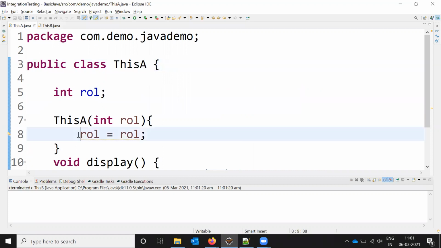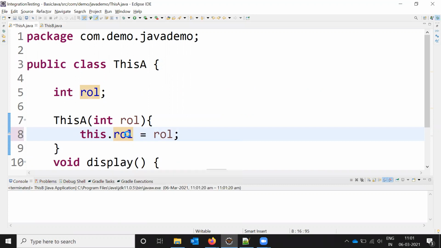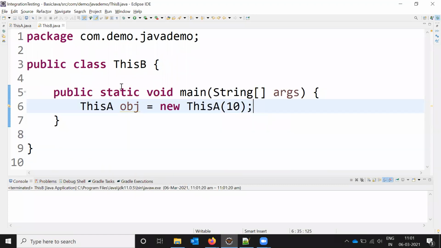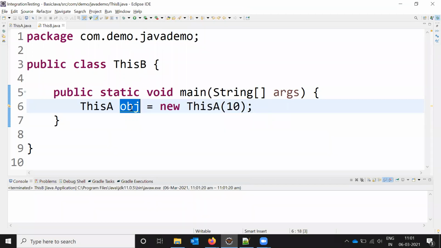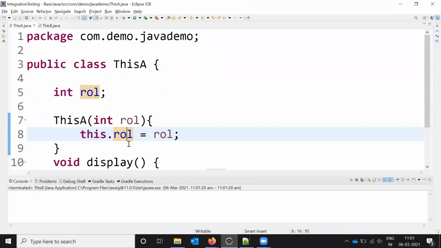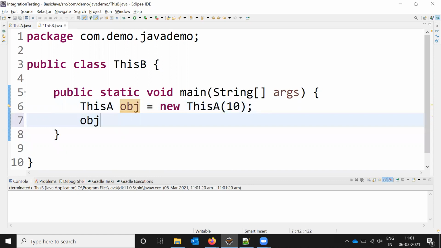Now I'm going to use this dot roll, and run the same program one more time. Oh, sorry, we have not called display. Obj dot display, we need to call it to print the value.